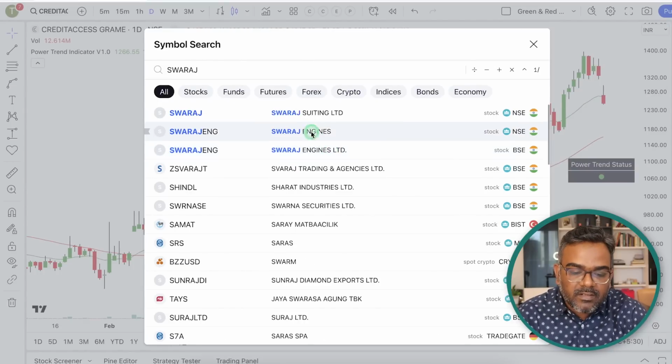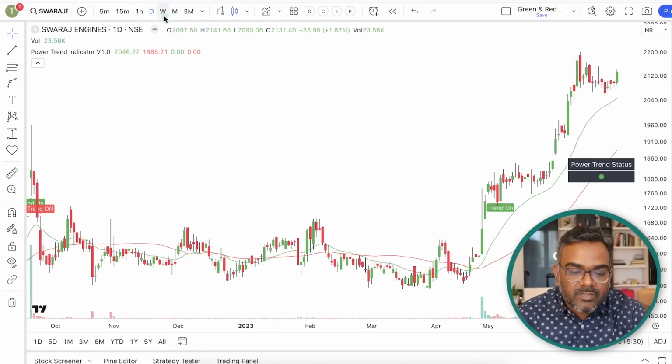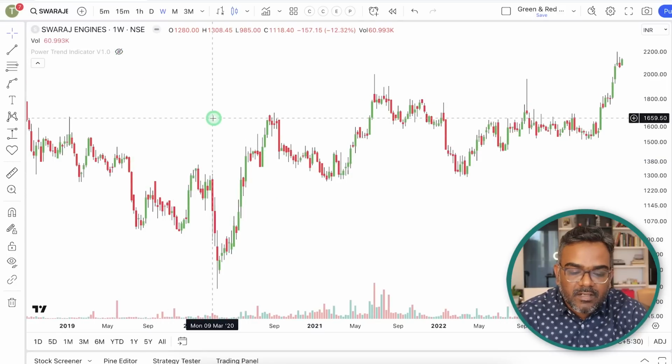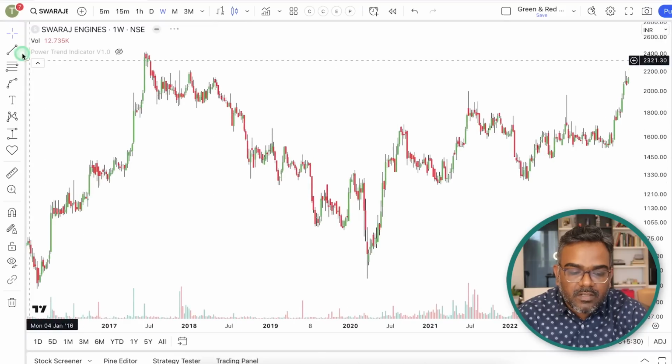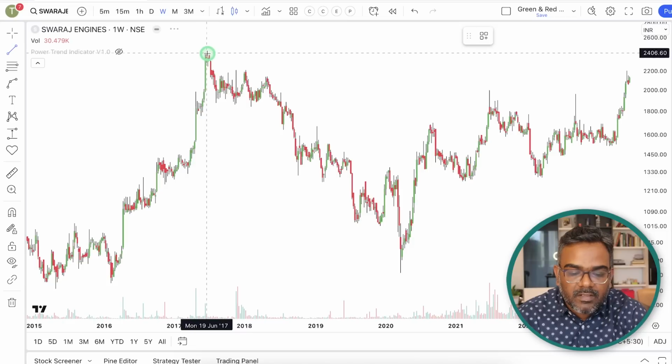Okay, let's move on to the next example, which is Swaraj Engines. I'm showing you both cases, how you should buy and how you should not buy. In Swaraj Engines, let's first focus on the large base. What is the large base here? The stock was in a clear downtrend from here, and